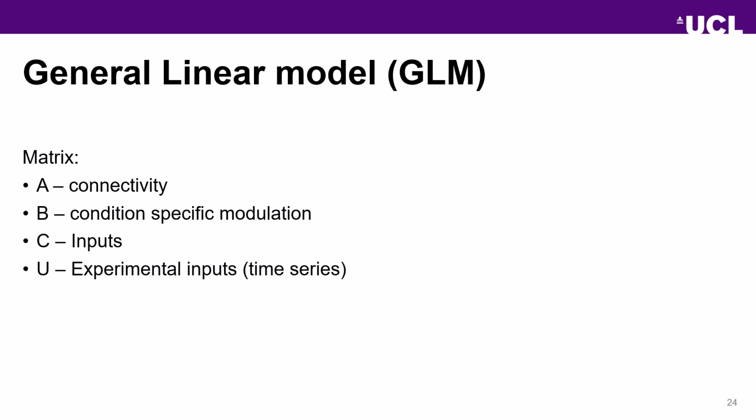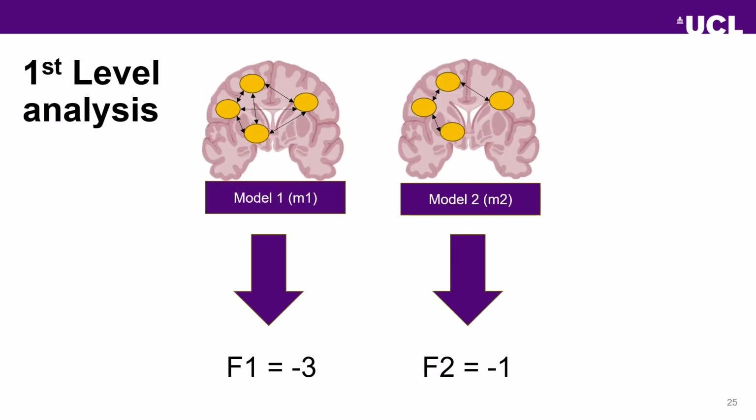And this is where we encode it. And I'll have an example later on in this talk. So this brings us to our first level analysis. We have data from our first level, an individual, and we have our two hypotheses for the data. And we can take this individual's data and invert the model, get the free energy score for our two hypotheses, and we can compare it.